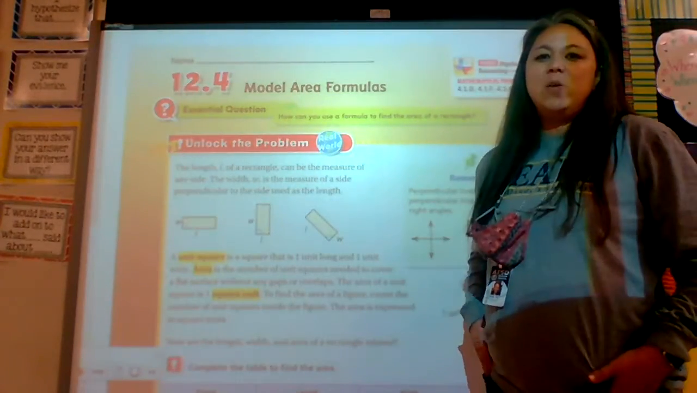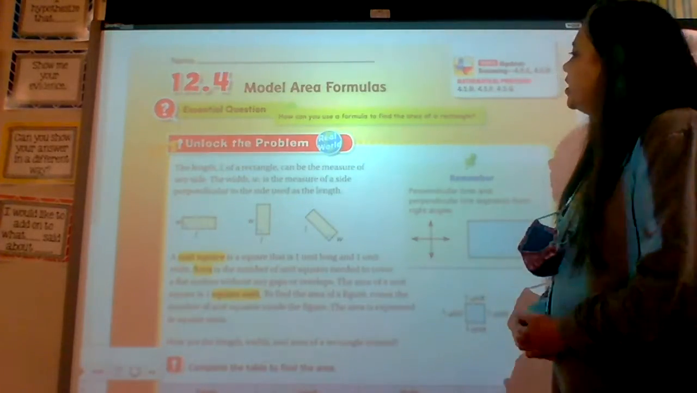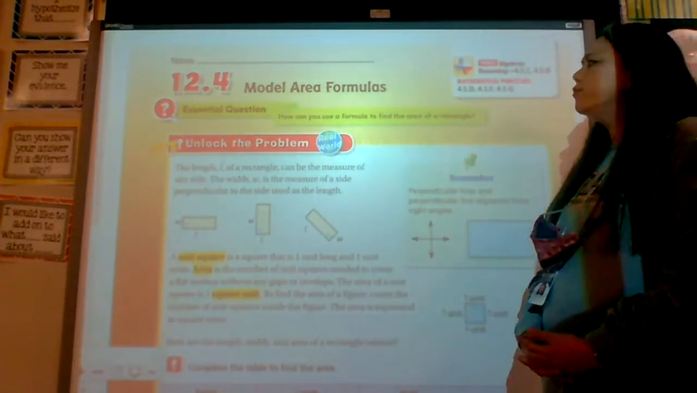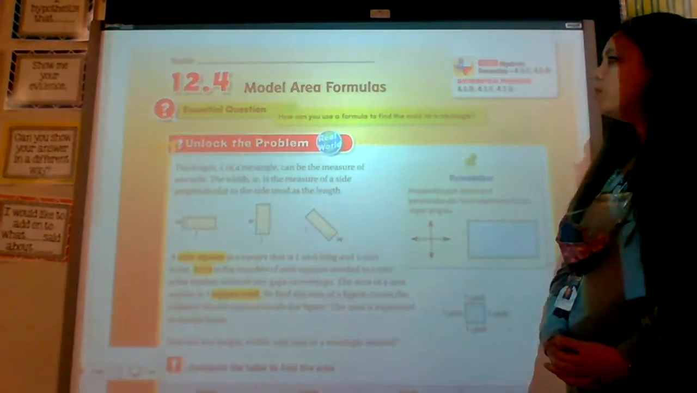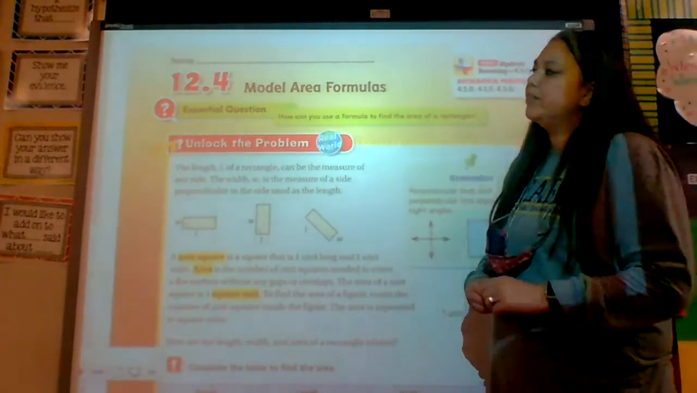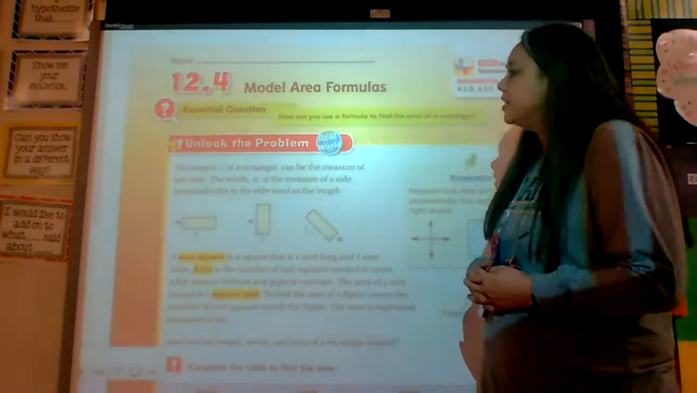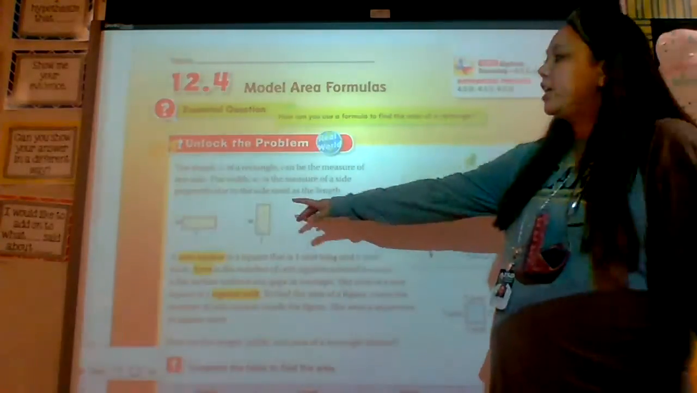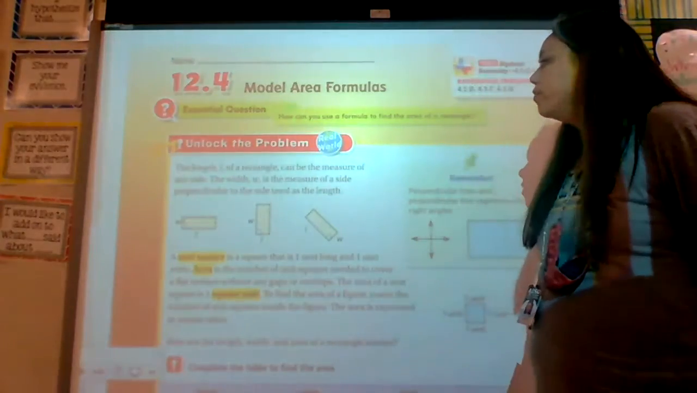Hello, class. Once again, we are still working with area. And the question is, how can you use a formula to find the area of a rectangle? So we're going to unlock this problem, and this is our Go Math Worksheet 12.4. And it says the length, which they note with a lowercase l, of a rectangle